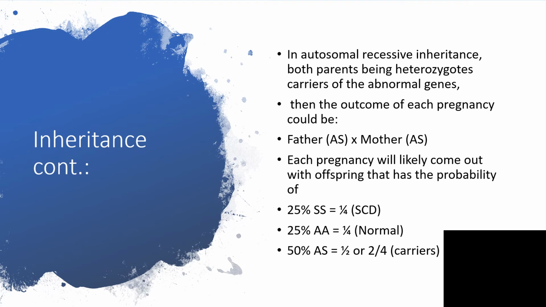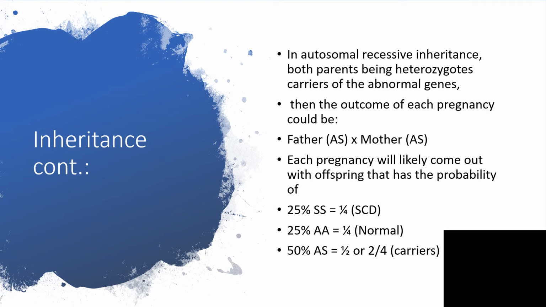Let me reemphasize. This is a game of probability. It's not a fixed situation. Okay? So, if AS father and mother AS should marry, in each pregnancy carried by the mother, the likelihood of that baby becoming SS is